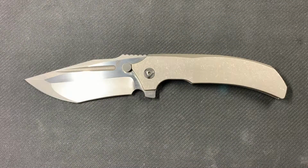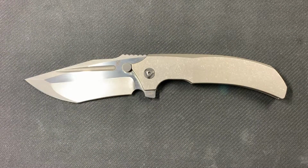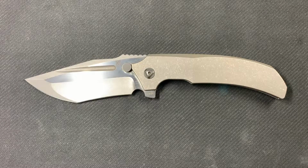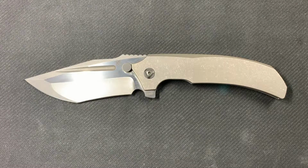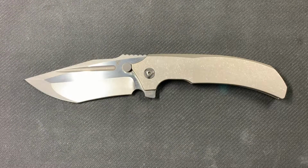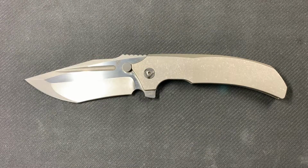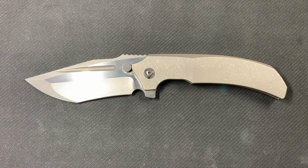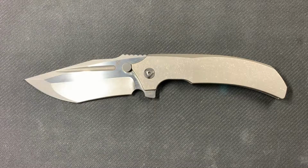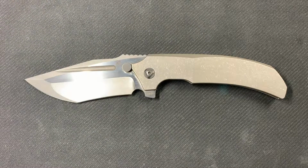Custom Knife Factory, we've talked about before, is based in Russia, and they partner with makers, in this case, Peter Vicente. Now, Peter is a maker out of Canada, and man, there's just so many great makers in Canada. It's amazing. What they've done with the laws up there is just, well, criminal, if you ask me. I mean, it's just ridiculous what they've done with the laws. Setting that aside,